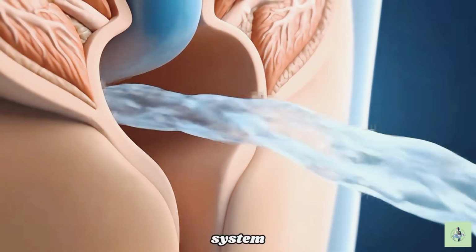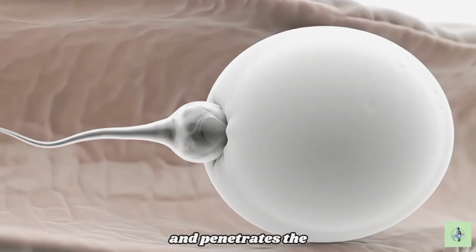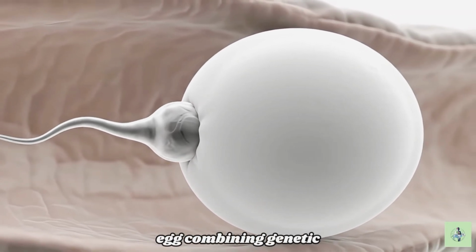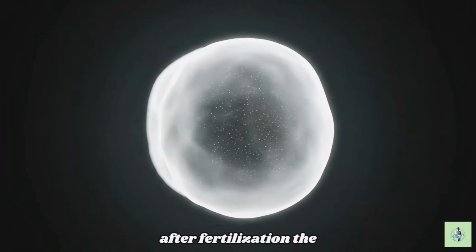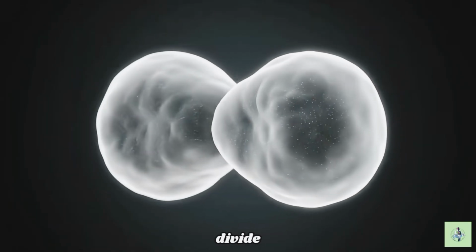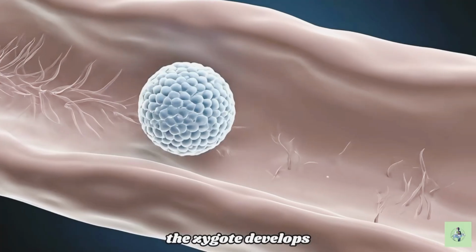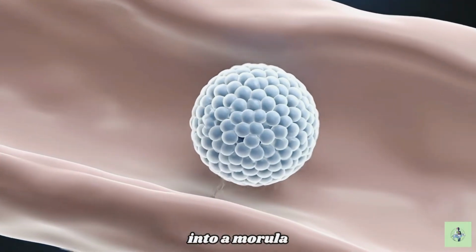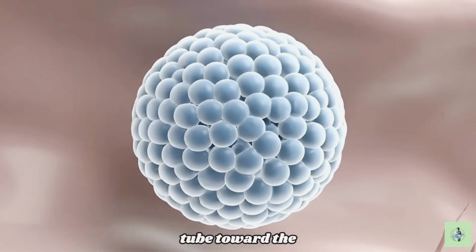female reproductive system. Fertilization occurs when a sperm successfully reaches and penetrates the egg, combining genetic material to form a zygote. After fertilization, the zygote begins to divide, starting the process of embryonic development. The zygote develops into a morula, a solid ball of cells, as it travels down the fallopian tube toward the